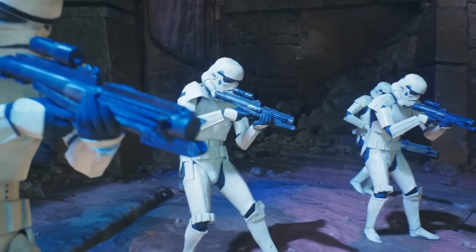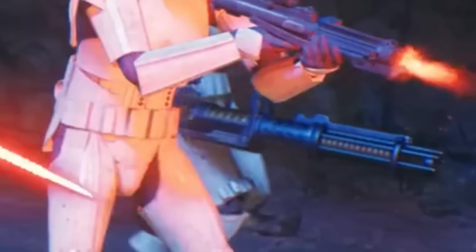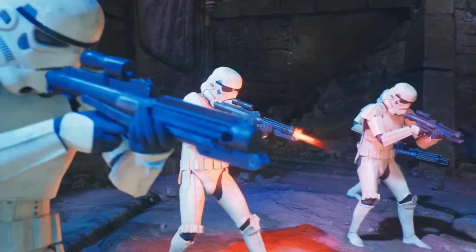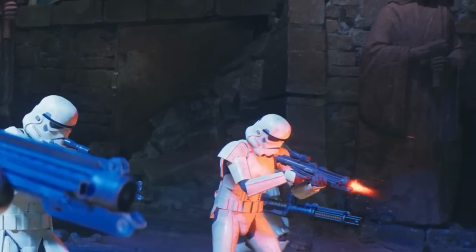So then in the next shot we see some stormtroopers shooting down at Cal. We see one of them have the heavy gun from the last game that's coming back. It doesn't look like he's popped the bubble shield yet, but he does have the same gun, and behind them there's a bunch of rocky structures, but you can see an actual statue in the right corner, and this again